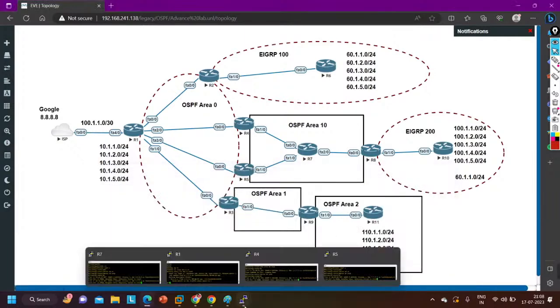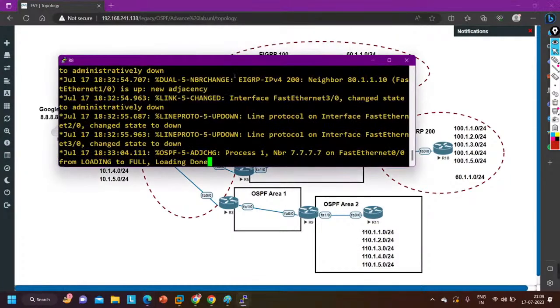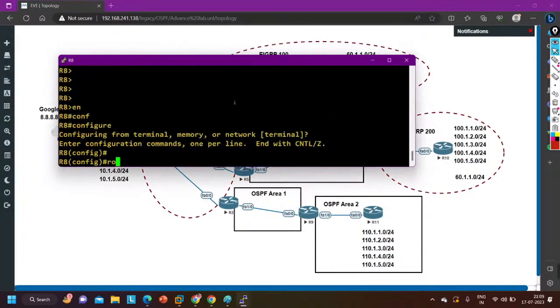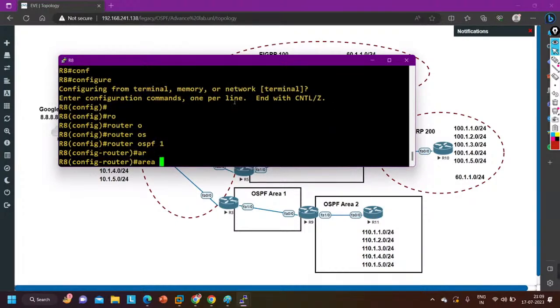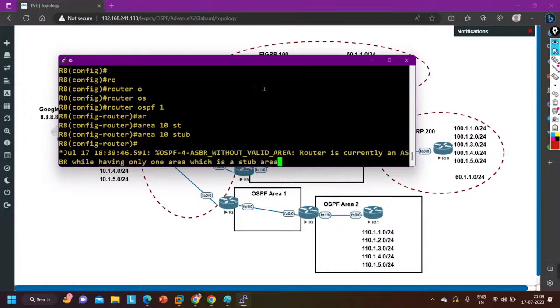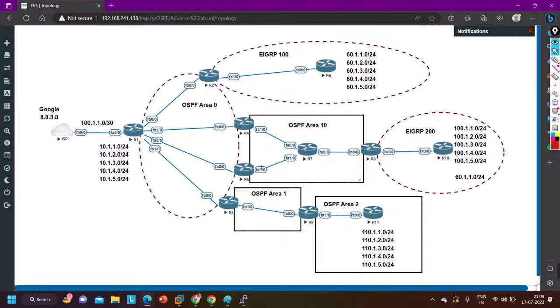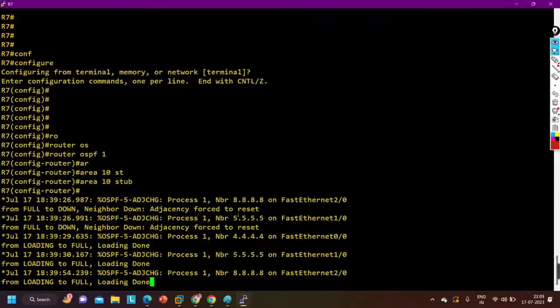Done. I need to configure it on router number 8 also. Let me take access of router 8 also, and here also I am going to say config t, router OSPF 1 and area 10 is stub. So the OSPF neighborship will come up here also. Done. So now this area is a stub area. Okay, and now if you check the database of router 7, you can see,